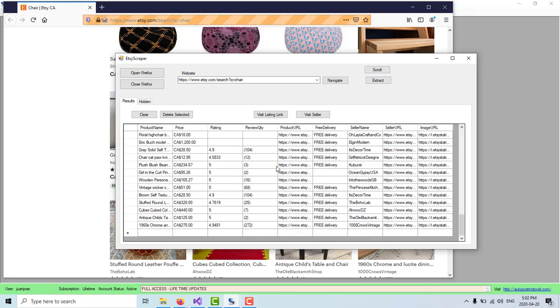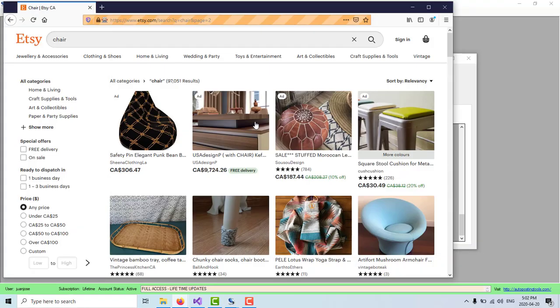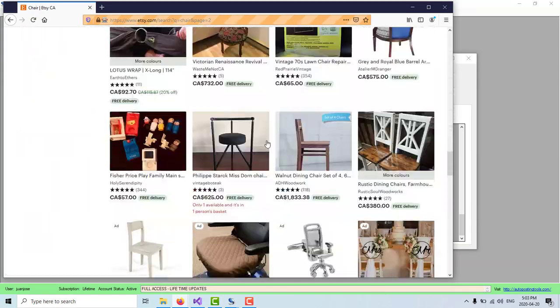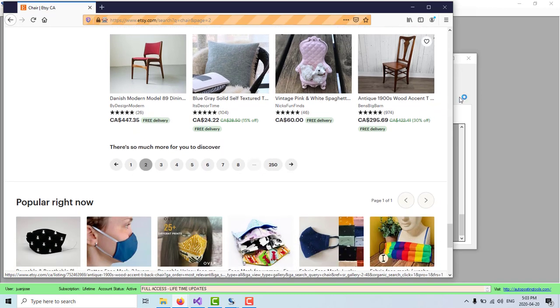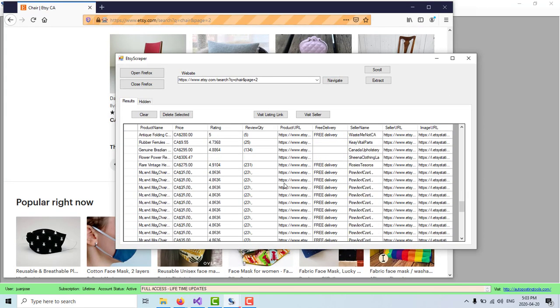As I said, you could go to page number 2, obviously with a different keyword if you wanted to. Navigate, and here you have page number 2. Once you have page number 2, you can just extract it, and here you will extract all the